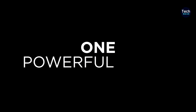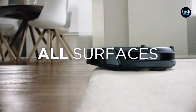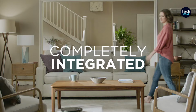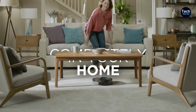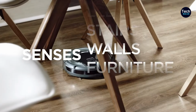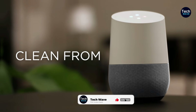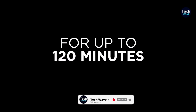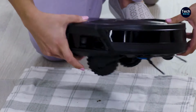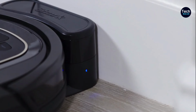The internal technology is minimal, as the Shark ION AV751 doesn't map its cleaning path or have AI capabilities to avoid obstacles like cables or shoes. However, it compensates for this with great suction power and a 120-minute runtime. The Shark ION AV751 features a tri-brush system, combining side brushes, channel brushes, and a multi-surface brush roll to handle debris on all surfaces. It senses ledges and stairs, avoids damaging furniture and walls, and maneuvers around potential stuck situations,